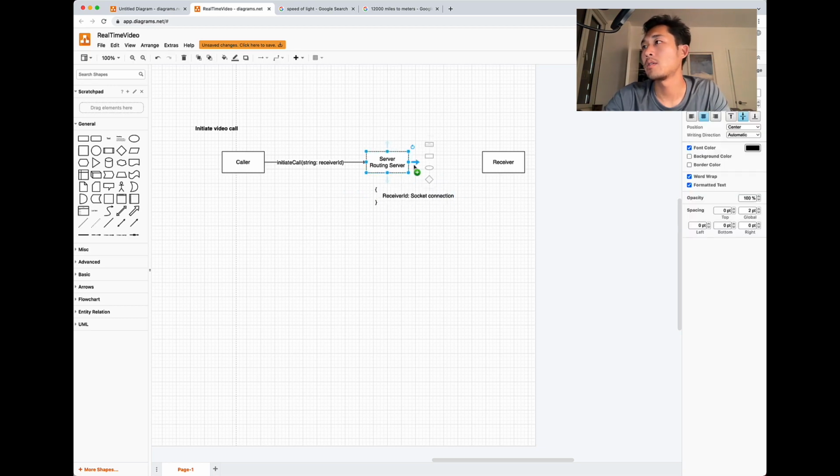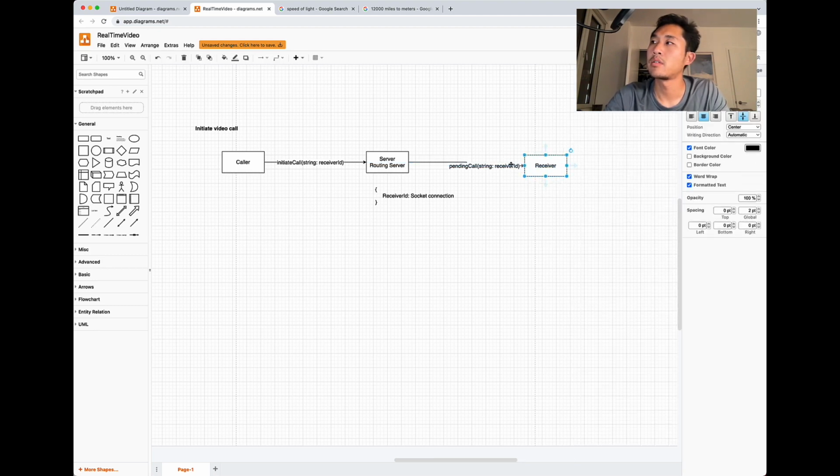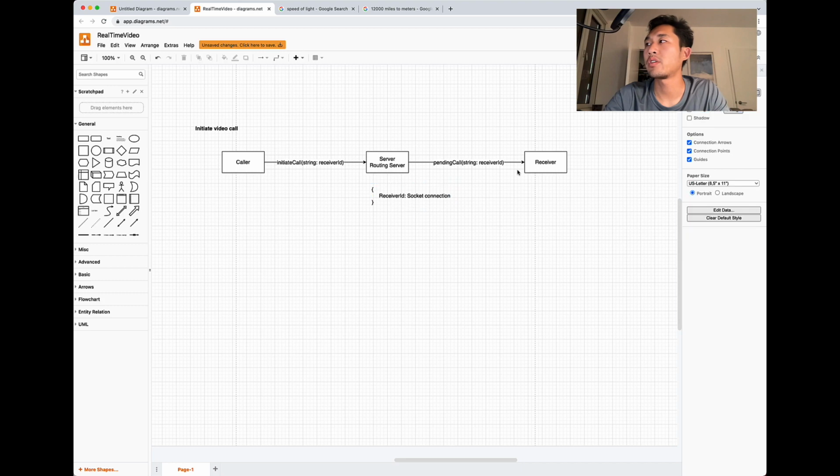And then it will send a call to the receiver, which is a pending call with the receiver ID. When the receiver gets a call, it can choose to accept the call.